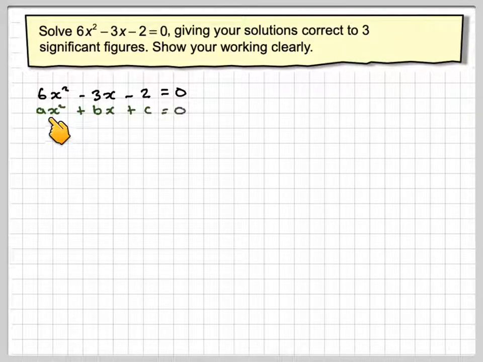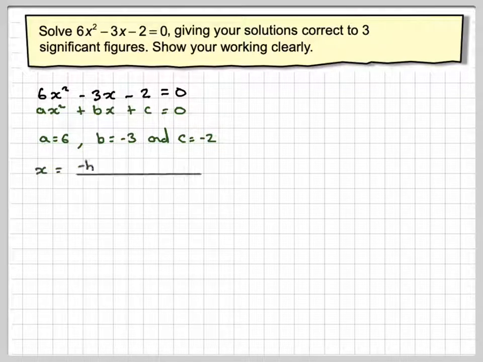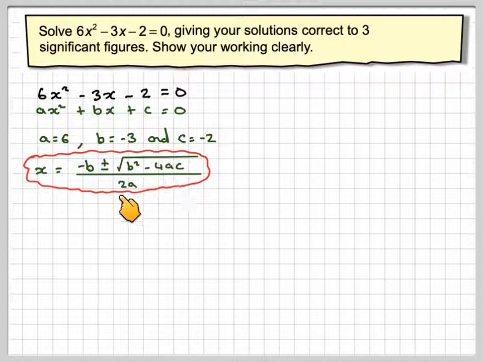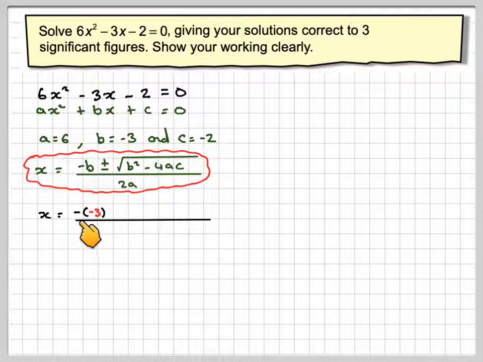So the general form of a quadratic is ax squared plus bx plus c is equal to 0. That is going to give that a is 6, b is equal to minus 3, and c is equal to minus 2. The formula is x is equal to minus b plus or minus the square root of b squared minus 4ac over 2a. Substituting in, we're going to get, and be careful, we've got some negative terms here,